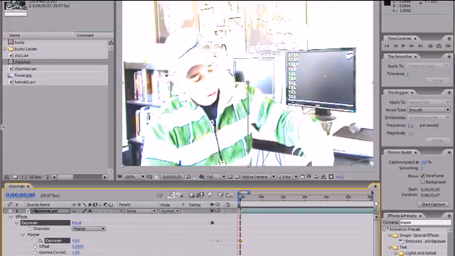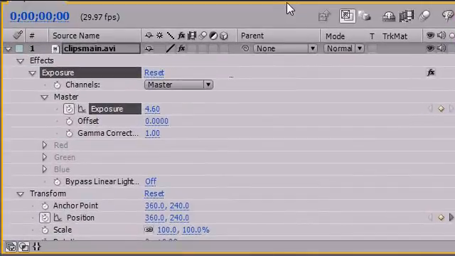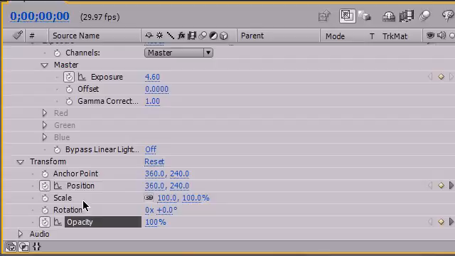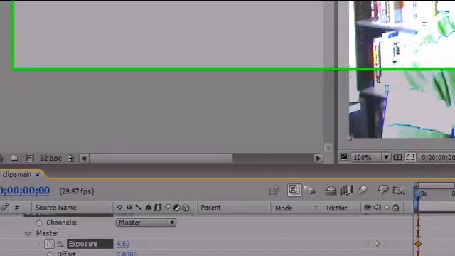So now let me show you guys what a preset is. A preset is a way where you can save all of these things so you can reuse them later on. So let me expand this right here, and there we go. Anytime you want to save any of these settings and apply it to another layer, all you have to do is control click the ones you want to use. So I want to use exposure, position, and opacity. So I'm going to click opacity, hold down control on my keyboard, click position, and then click exposure. Now once I have those selected, I'm going to go up to animation right here